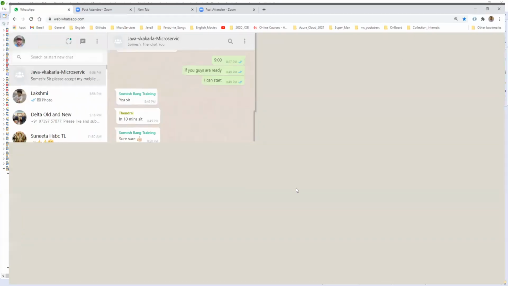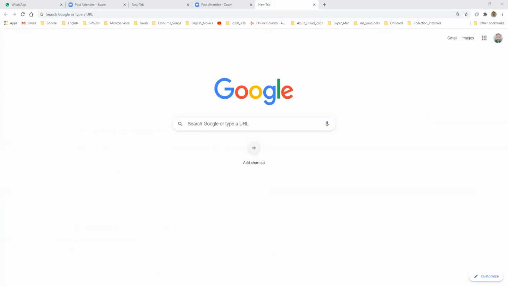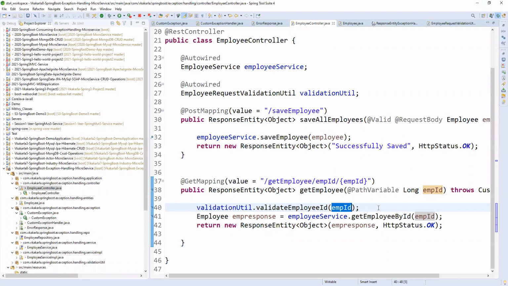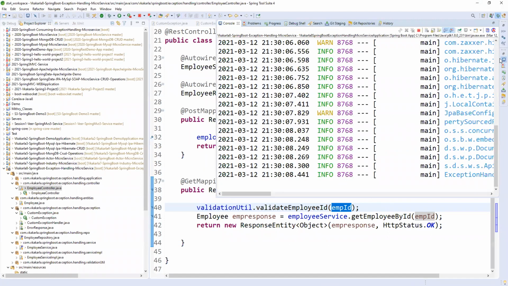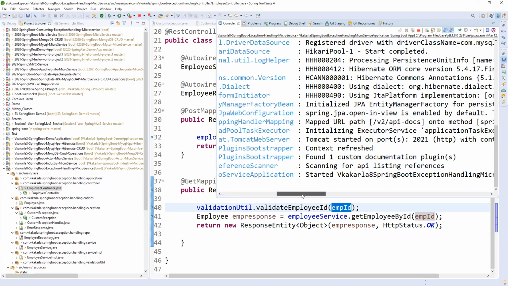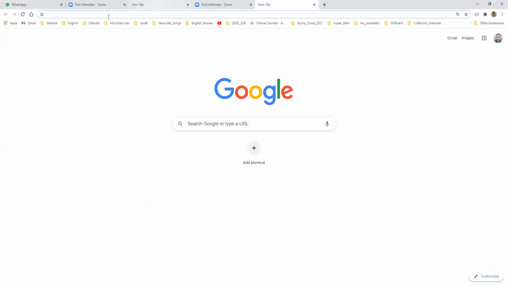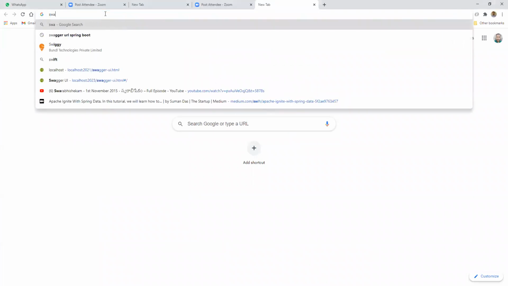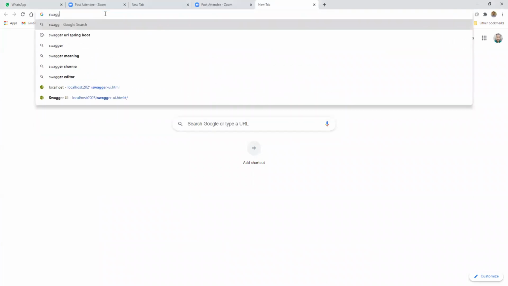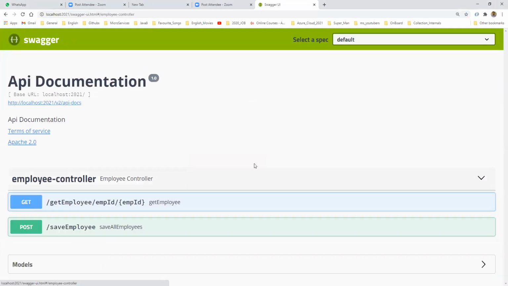Instead of the negative way, let me open, what is the port number given? 2021. Fine. So let me open Swagger on 2021. Fine. Employee controller.